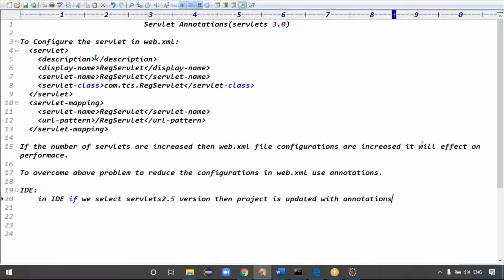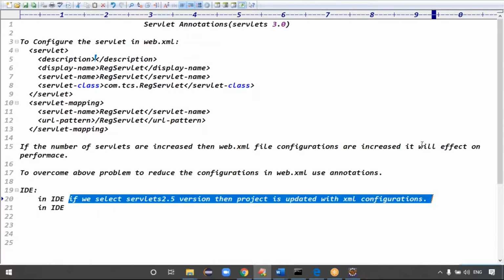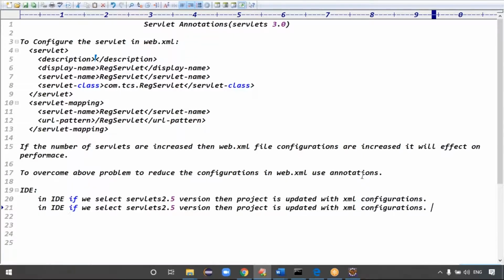Web.xml configurations, right? Exactly. If we select the 3.0 version in the IDE, then the project is updated with what? Annotation configuration.